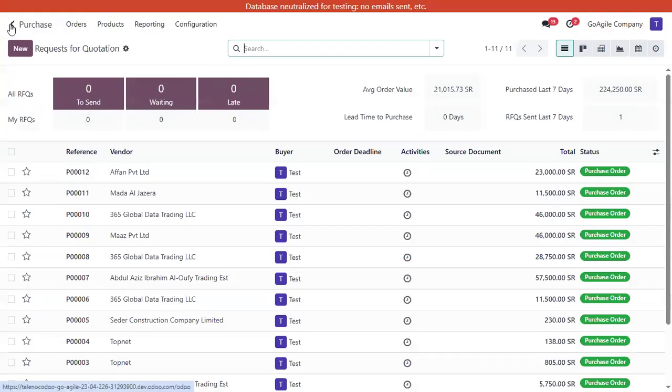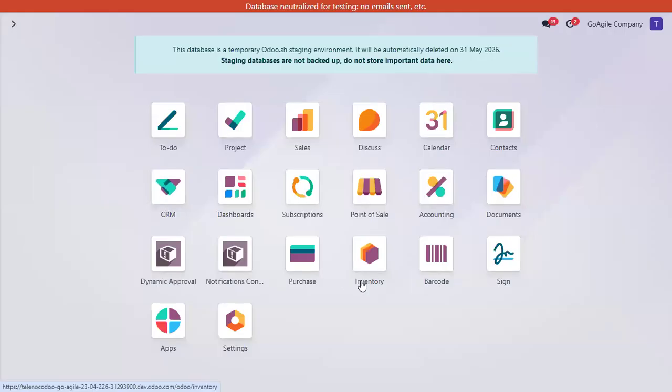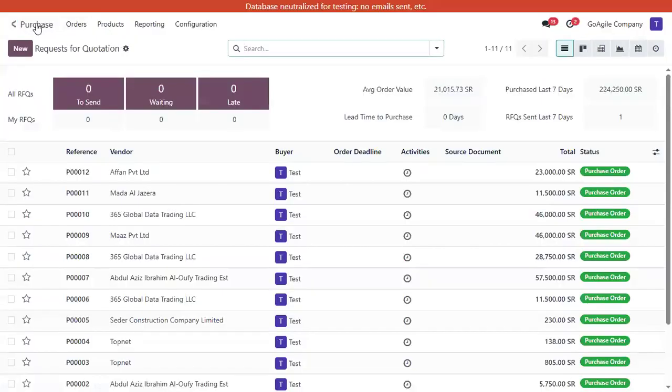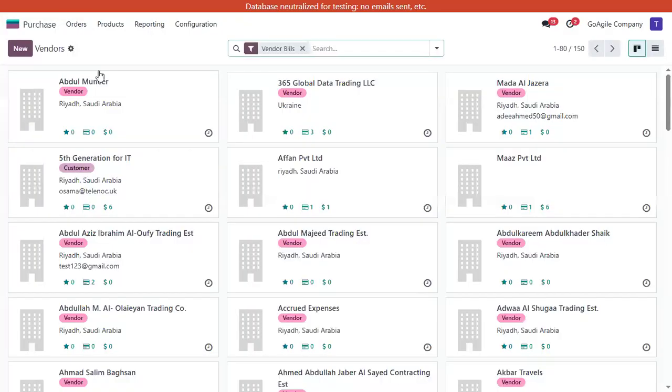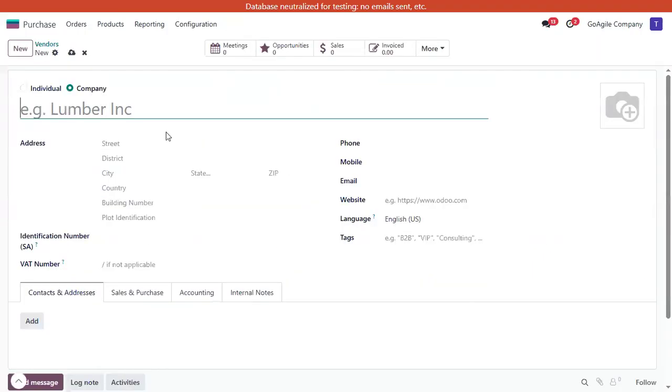Okay, so first we will create the vendor. So we'll go to the purchase module, and there are some tabs which Odoo gives us. Under Orders, from there we can request the quotation, purchase order, and also we can see all the vendors. So we'll click on vendors, and these are all the vendors which we have in our company. And for creating a new vendor, we will simply click new, and here we will give